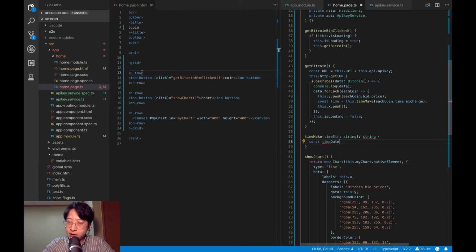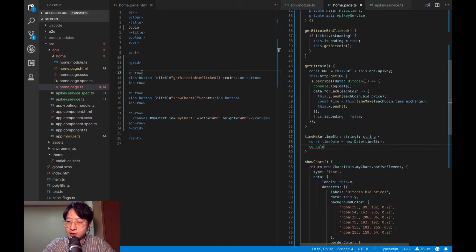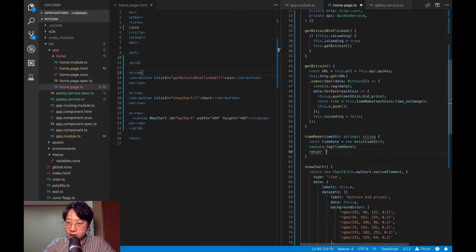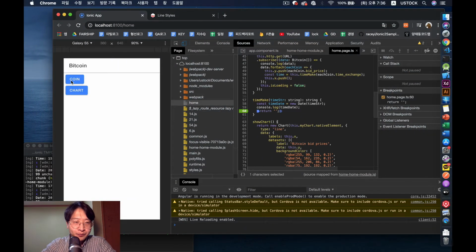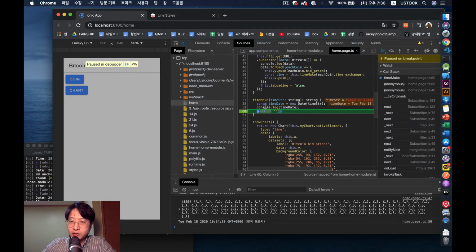Const time date is going to be a new date of this string, right? And let's see if this properly takes the time value or the date type value for this variable. Okay. Oh, and since this function is complaining because of this, I'm just going to return an empty string right there. Okay. So I need a breakpoint here. Okay, it has passed until this point, which means it never complained. So I'm just going to move on